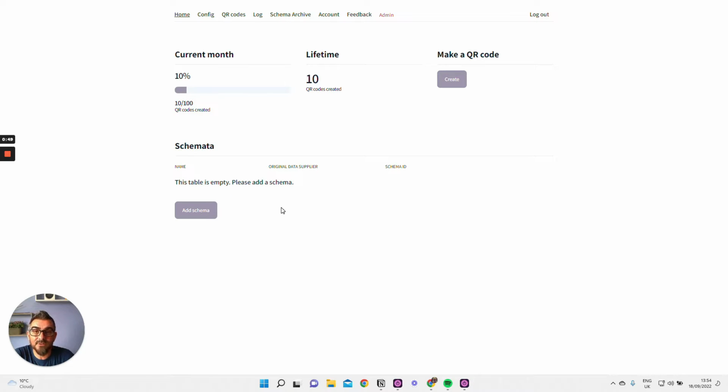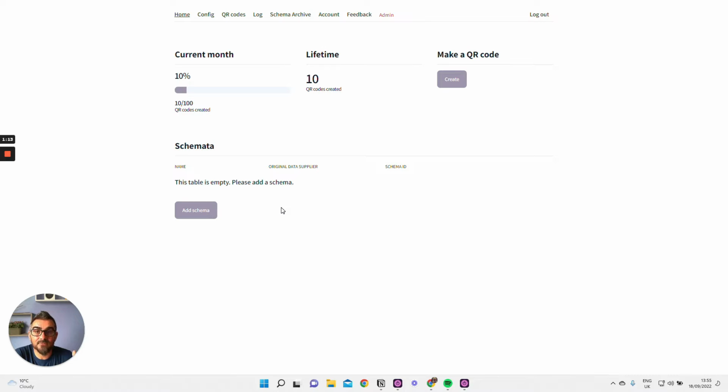So this is where you'll add your schema. So a schema will be attached to a document type. So it may be that you're creating QR codes for various different document types, so you can have a schema for each document type. In the example we're going to look at, we're going to be creating a COVID test certificate report. So we're going to have information about the person, their email address, their passport for travel, vaccination status,